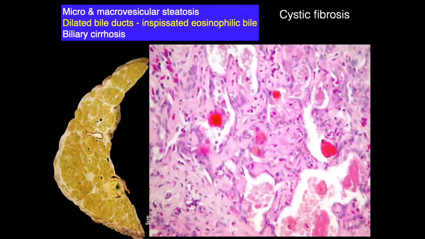Cystic fibrosis, as you all know, is a secretory abnormality where all the secretions get inspissated. Here you all know bile is the secretion from the liver. So it will be biliary cirrhosis, and you can see the bile ducts with dilatation and inspissated eosinophilic bile. These are all bile. In cystic fibrosis, it won't be greenish. It will be more pinkish. And remember, whenever there are concretions or inspissated secretions in any ductal system, we have to think of cystic fibrosis. Fortunately or unfortunately, it is not that common in India.